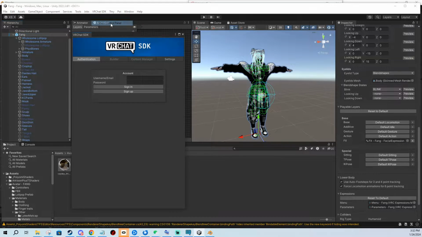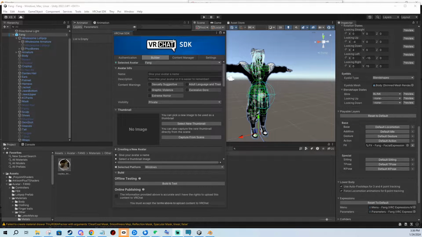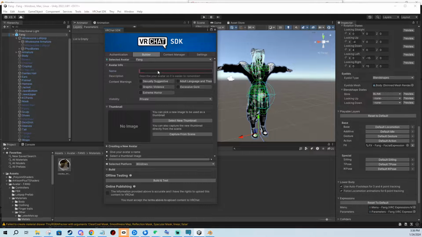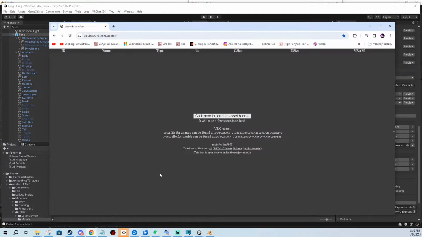We go to the SDK. Now we need to log in. Now after logging in, we find our avatar, we name it, and we're gonna click build and test. This is going to make a local test version of our avatar we can put into this website that will